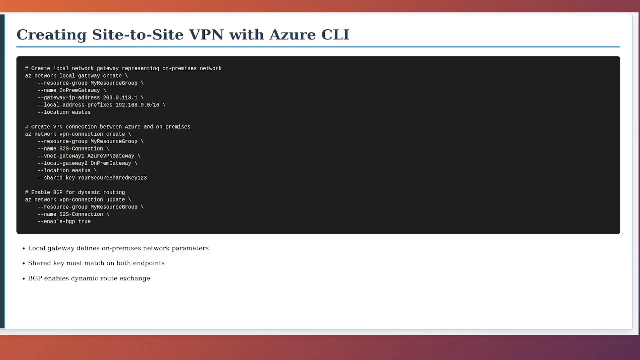The first command creates a local network gateway using the az network local-gateway create command. The resource group parameter specifies which resource group will contain this gateway resource. The name parameter assigns an identifier to the local gateway, in this example on-prem-gateway. The gateway IP address parameter is critical as it must be set to the public IP address of your on-premises VPN device, shown here as